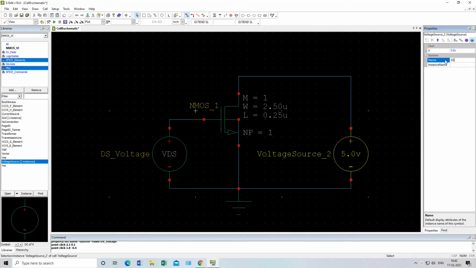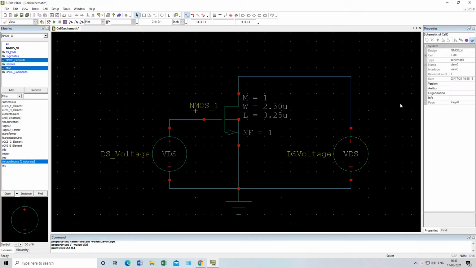So here VGS underscore voltage, and the value will be VGS. Now you can see it has been changed to VDS.